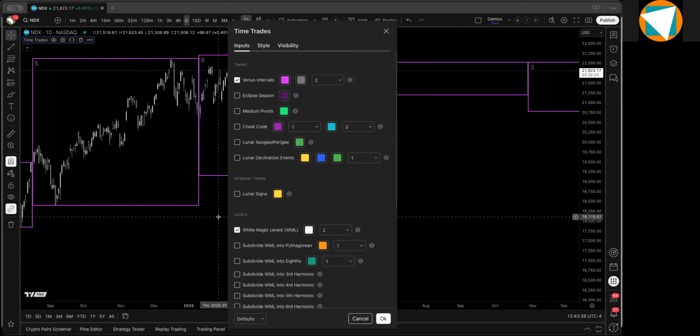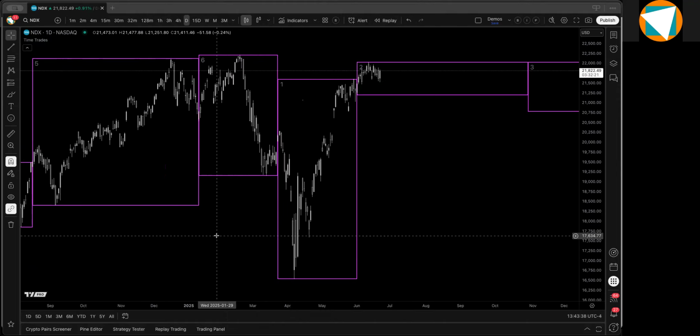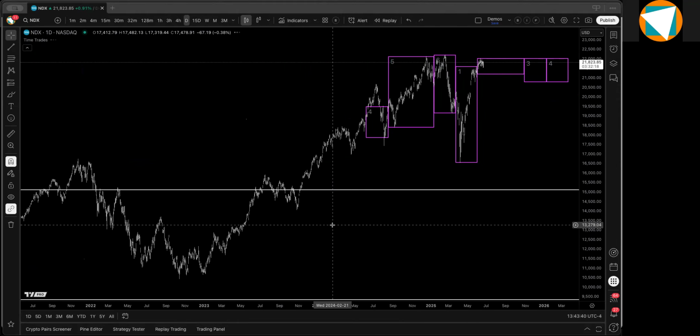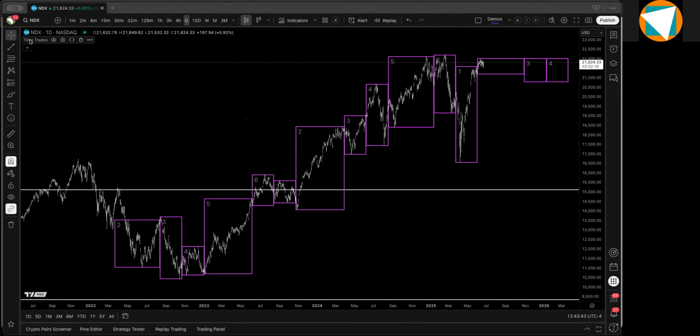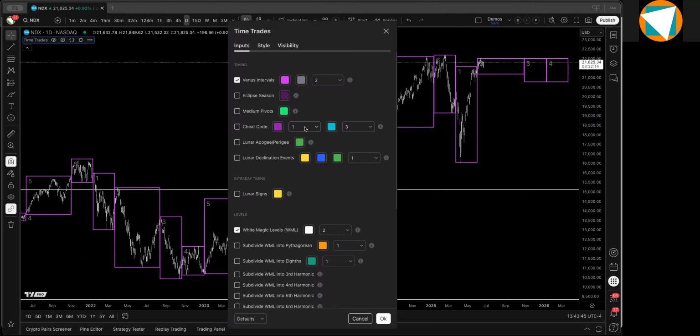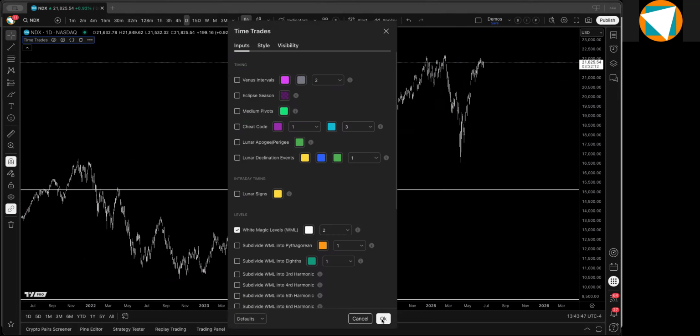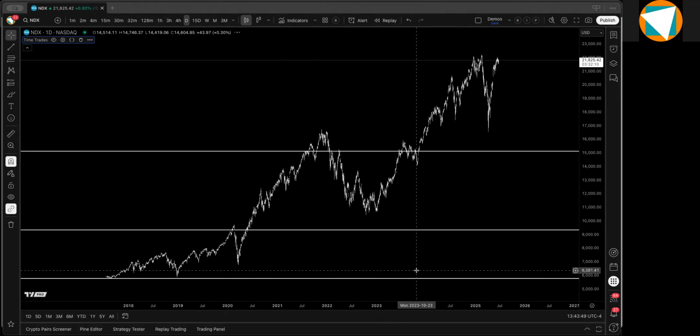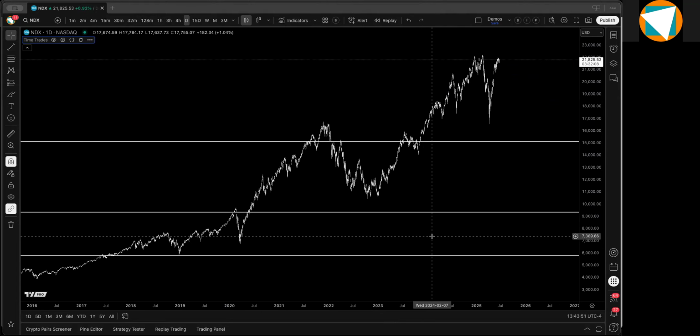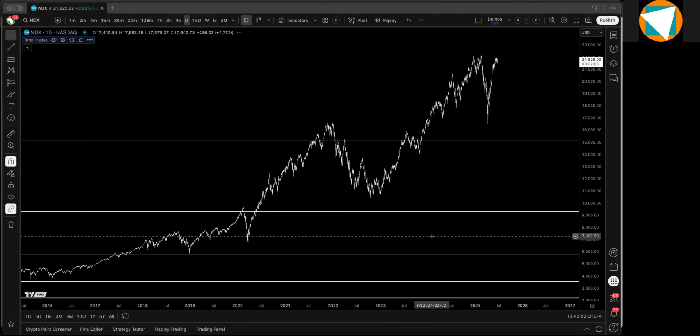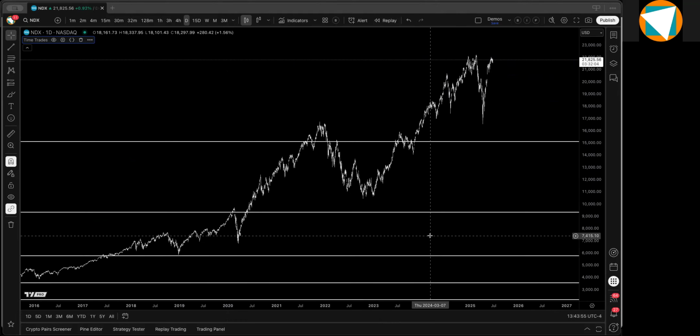Now, the next one I want to talk about is white magic levels. White magic levels you can think of as basically Fibonacci. I'm going to turn off Venus intervals here. We're going to double click those and turn that off. You can think of white magic levels as really Fibonacci spirals. Okay, so these are Fibonacci growth spirals, and one of the behaviors that you can see, and in fact, one